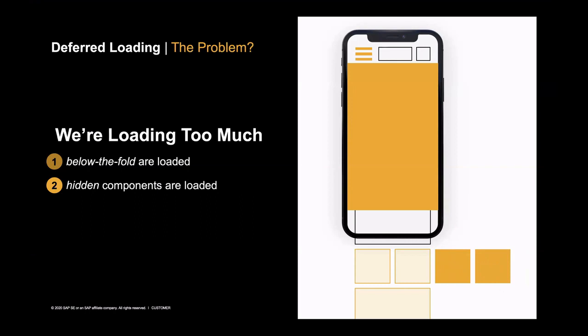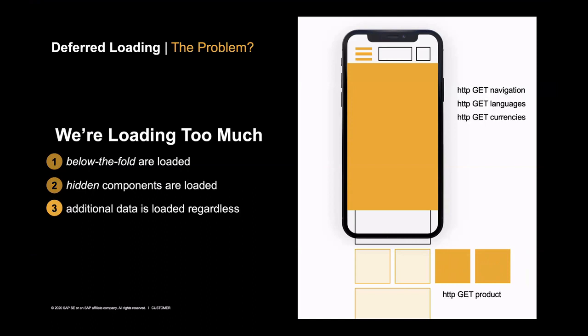And then another disadvantage, if we would bring all those components in the experience from the start, is that these components will also load additional data. So the flyout menu for the hamburger menu will load the navigation components with some backend data. It will go and load some languages and currencies. And similarly, the carousel will load some product data. And obviously, a lot of those components here in the bottom will load banners and images and whatsoever. So there's a lot of network consumption going on. And this is what we're trying to solve with deferred loading and above default loading.